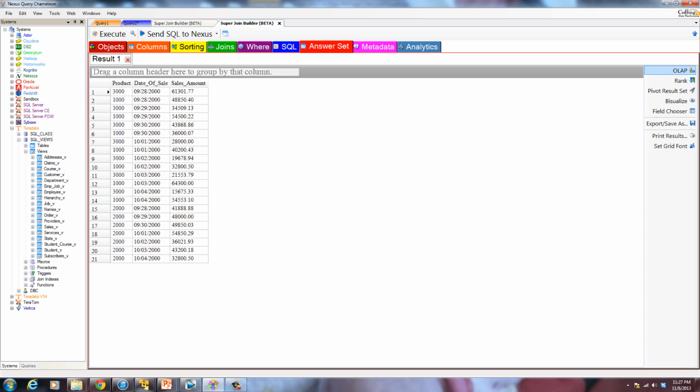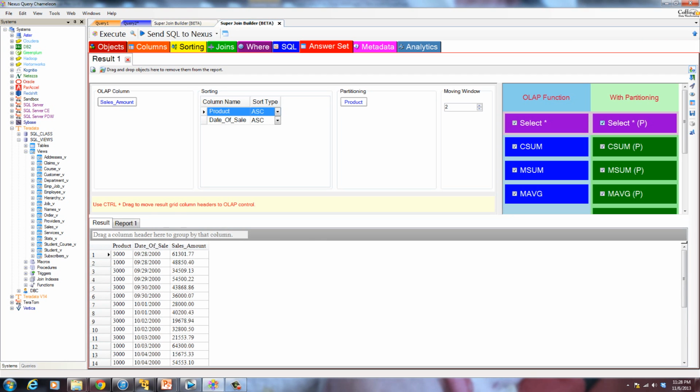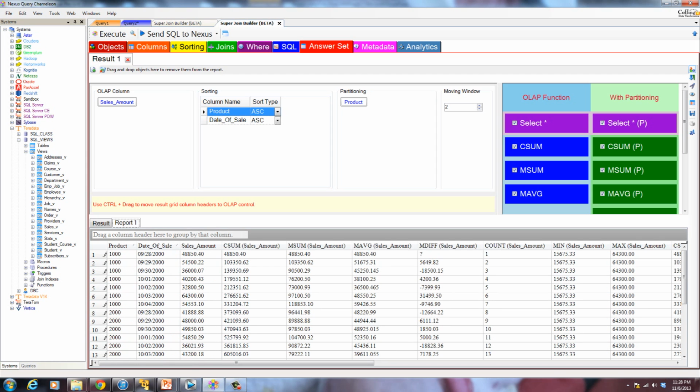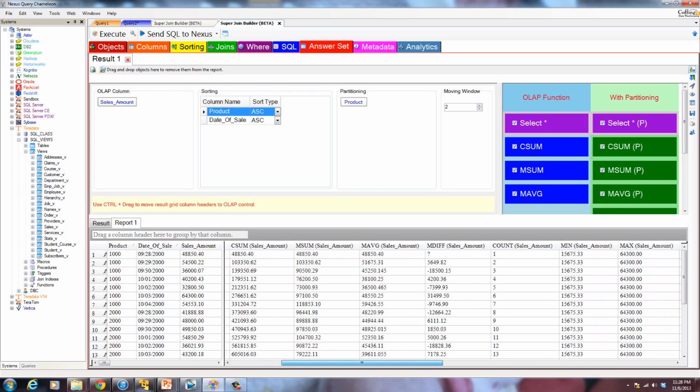I'm going to take this sales table, go over to the right, and I'm going to OLAP the answer set without ever leaving my desktop. I'll just drag in the sales amount from the view. I'll sort by product ID and date of sale, and I'm going to partition by product ID with a moving window of 2, and once again I'm going to select all of my grand totals, sum, moving average for my ordered analytics, and let's do the subtotals and the partitioning, and in seconds, Nexus did this inside the desktop with Nexus's brain,